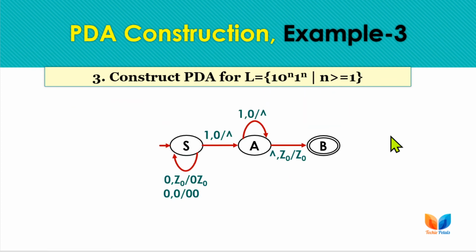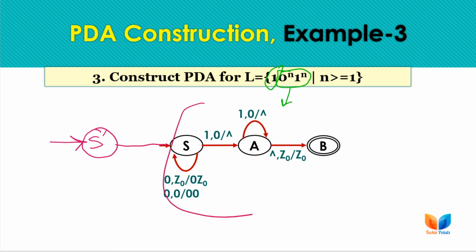So for this question, this is the same question that we did for example 1 for this particular statement. We just need to add one extra state. Here I am adding one extra state, naming it S dash, and making it the new initial state, and from S we can start this question if and only if we have received the first 1.